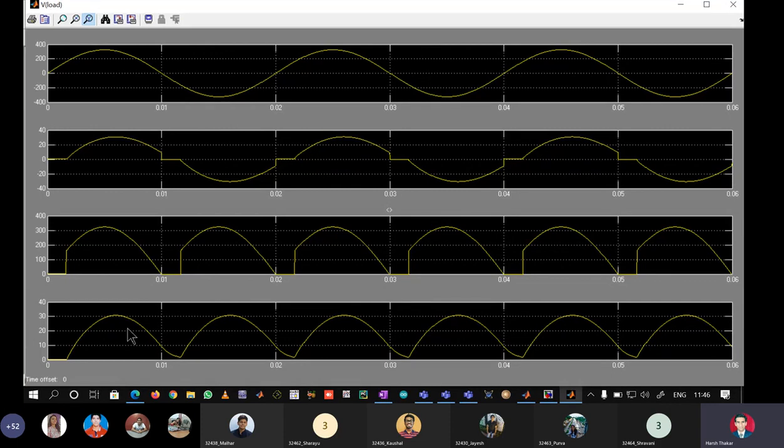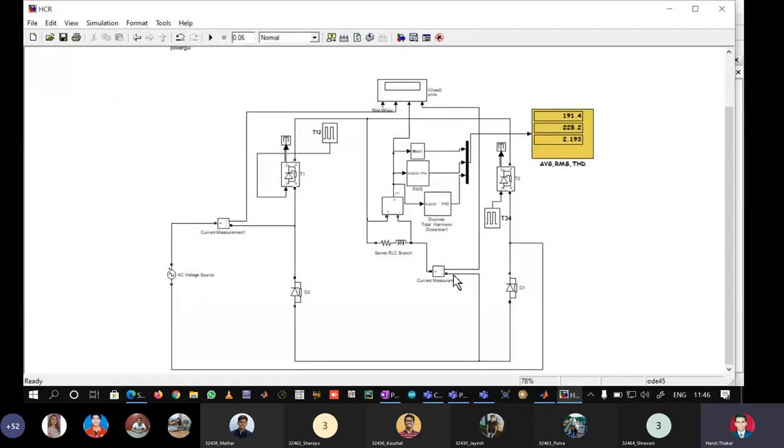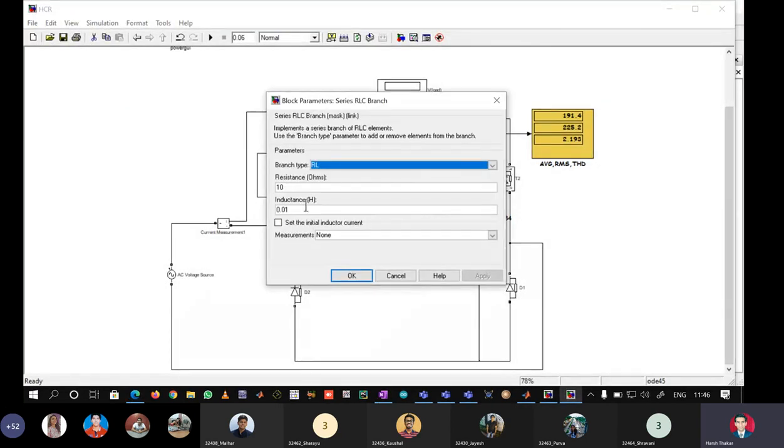So as I go on reducing the value of inductance, the load starts becoming more resistive, towards purely resistive, and the phase difference between the load current and load voltage, that is the time difference between the instants at which the load voltage peaks and the load current peaks, is actually different now. Let us again further reduce the inductance to half of the existing value.